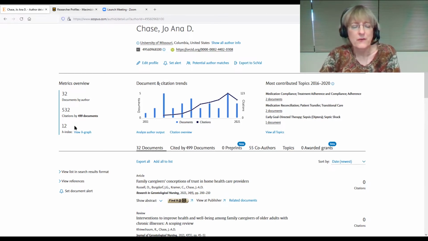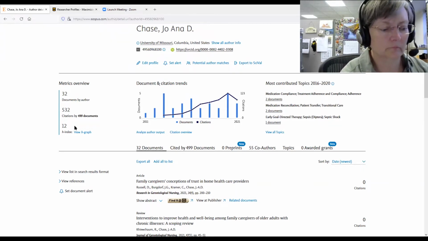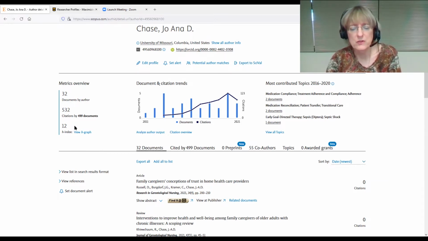By itself, the H index doesn't mean a whole lot unless you have a really, really large H index. But it's relative to your field. So in order to know if this 12 is considered a good H index, you really have to look at other people that are her cohorts. They're people that are researching, she does research in nursing, who have been in the field about the same amount of time, because obviously